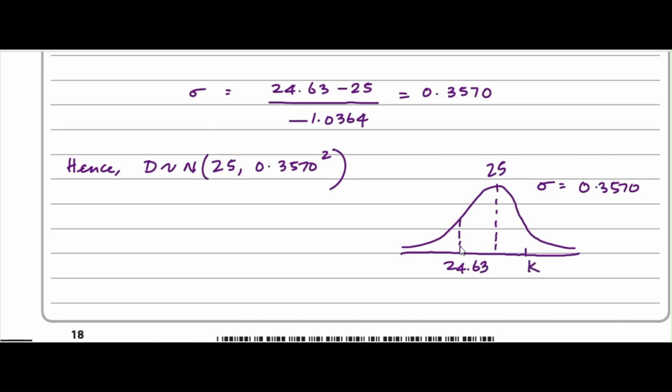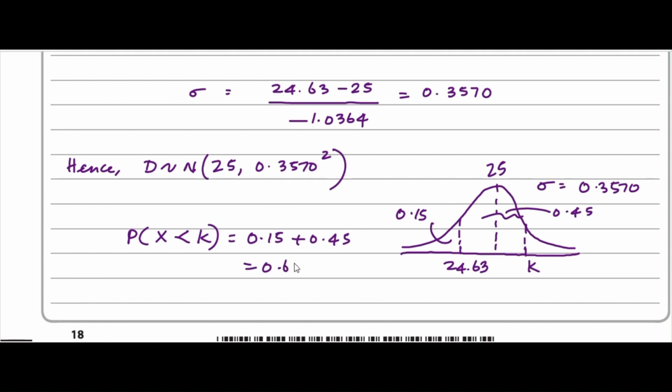So we have been told that this is 0.15 or 15%, and between these two values, greater than 24.63 and less than k, is equal to 0.45. So this tells us that probability of x being less than k should be equal to 0.15 add 0.45